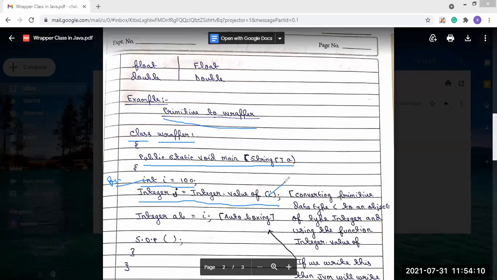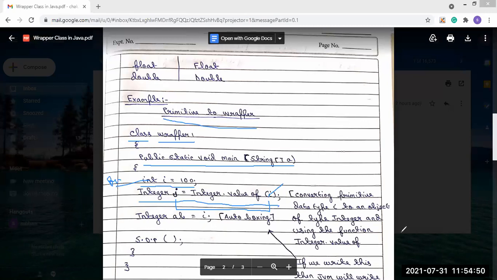Through this, we are converting the primitive data type i to an object of type Integer, using the function Integer.valueOf. Now j is the object of the Integer class.